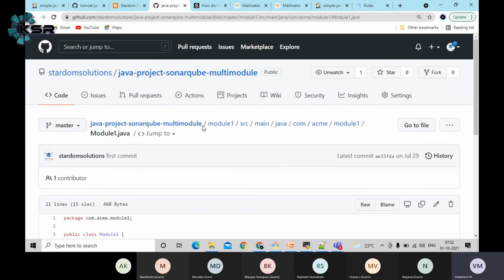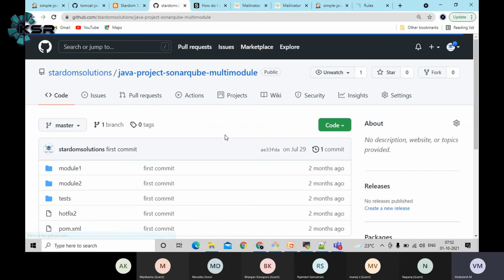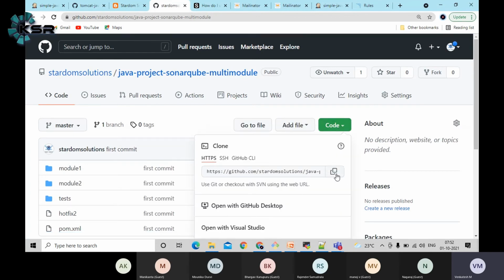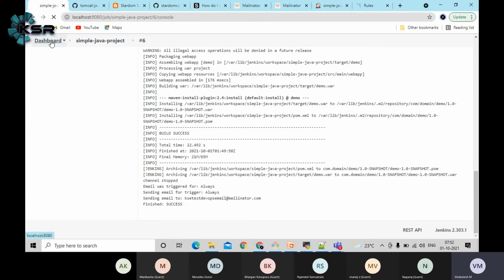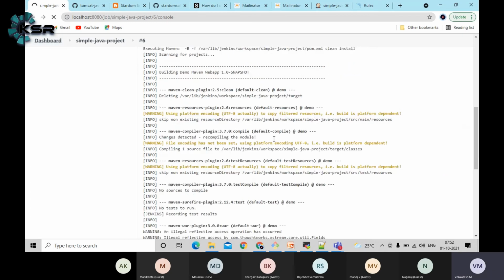What I'm going to do is create a sample, different project with this particular repository. Let's say I'll create a simple Maven project. This is becoming slow.